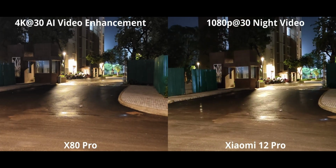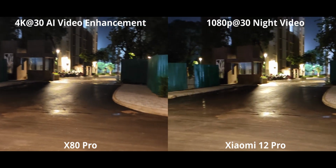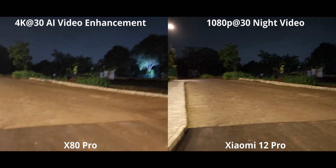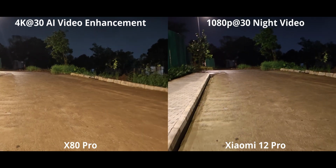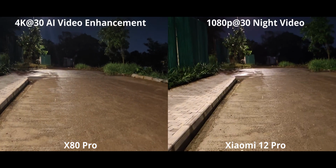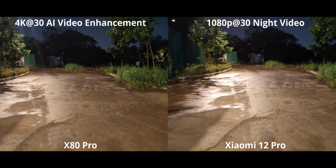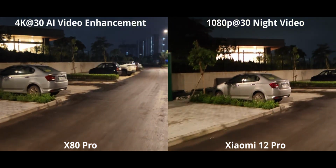In its place, I would much rather say that you should use the night mode video we get on both phones. Now, X80 Pro is the only phone that I've used thus far which gives us 4K night mode video, and that's huge in my opinion because the detail preservation, I'm not sure what you're gonna see after YouTube compression, but to my eyes, on the big screen, it definitely is much sharper and much more detailed on the X80 Pro. Also, another thing I really like on the X80 is that it doesn't overexpose certain areas of the video,